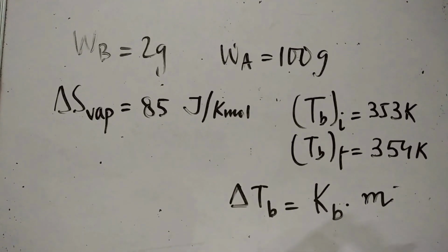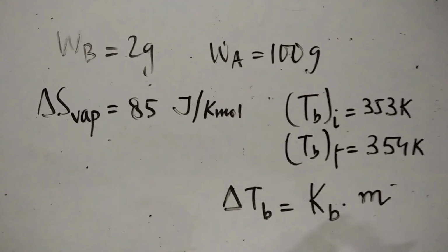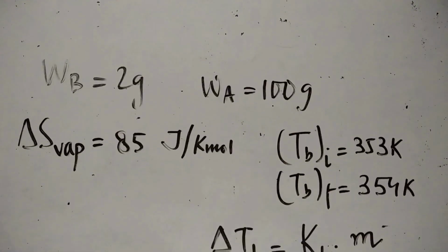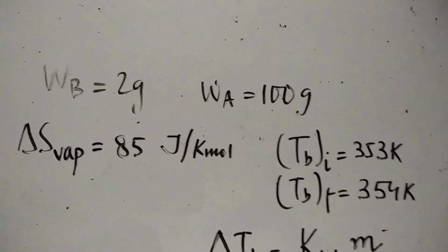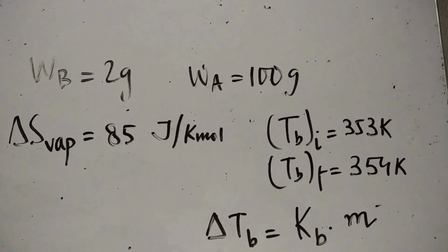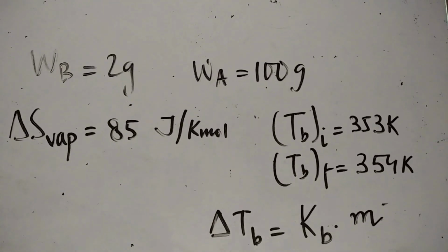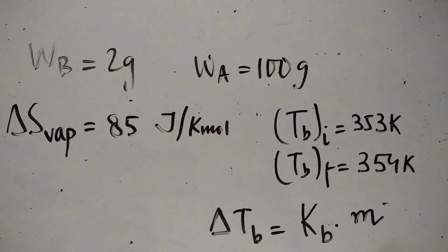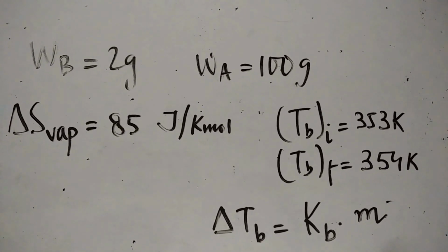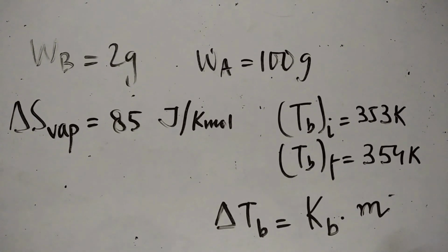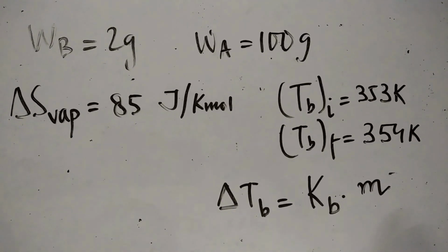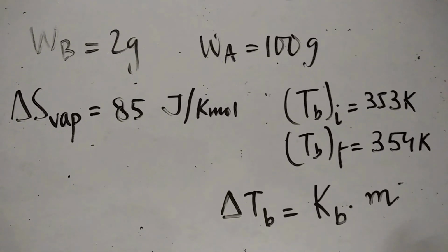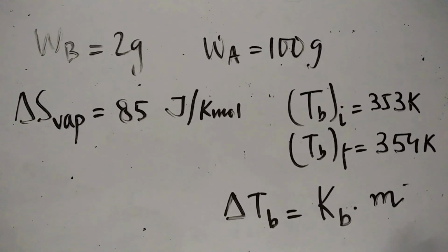So to proceed with the solution of question number 9, the data that we have been given is the weight of the non-electrolytic solute B is 2 gram. The weight of the solvent used A is 100 gram. The standard entropy of vaporization at 353 Kelvin has been given as 85 joule per Kelvin mole, and the initial boiling point of the pure solvent is 353 Kelvin, whereas the boiling point of the solution is 354